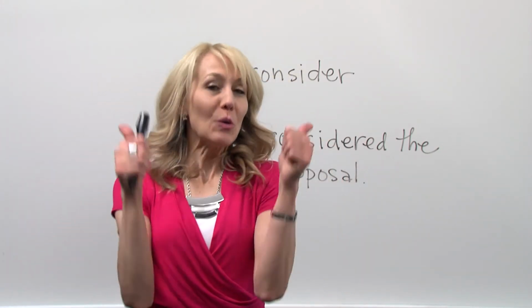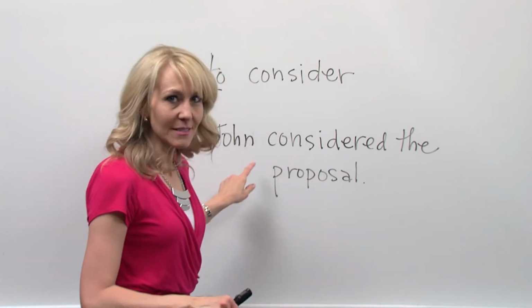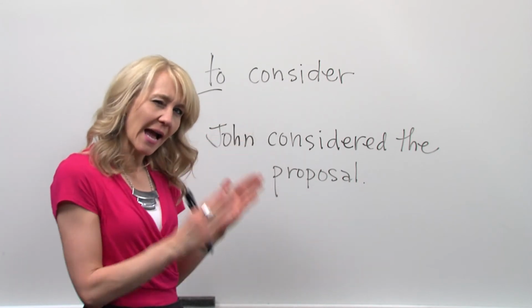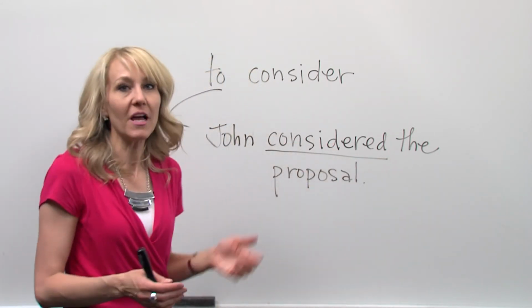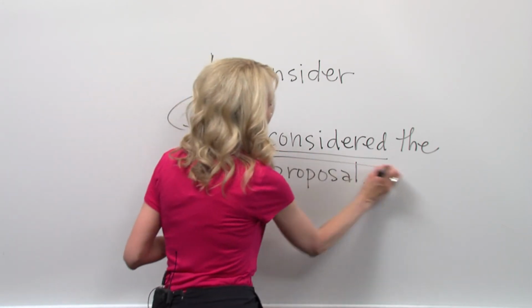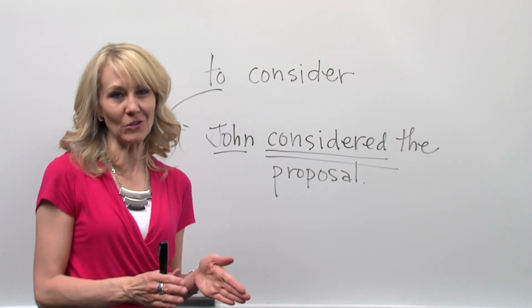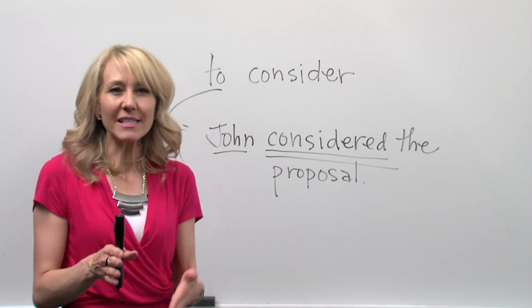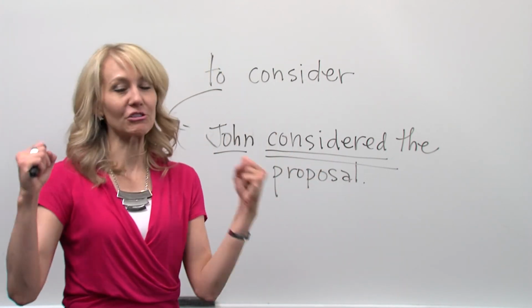Now I've got a cool sentence. This is a strong sentence with an awesome subject, John. John's awesome, right? Clear, strong actor of the action. And here's my verb, functioning as a verb. John, underline it once, considered. John considered the proposal. So by taking out the nominalization, clarifying who did what, I take my wimpy sentence and I make it a nice, strong sentence.